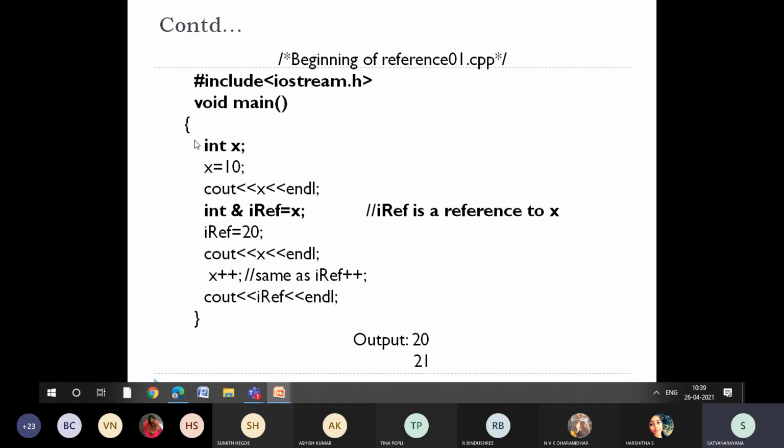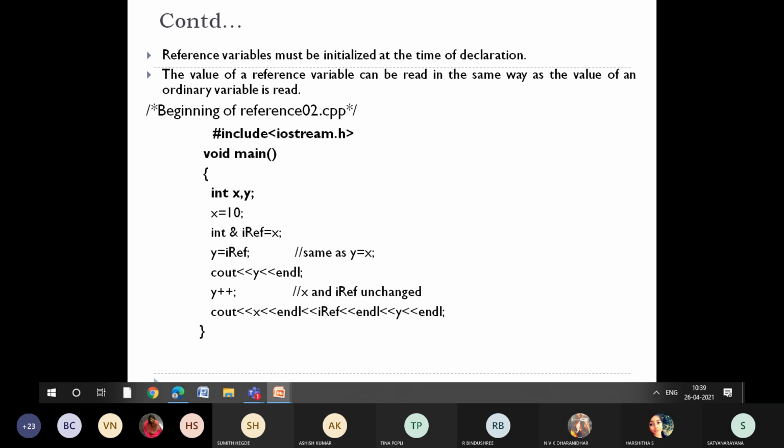So the main intention of showing this program is, if you treat this one as a main program and this as a reference program which is given to everyone, maybe 100 users, 1000 users, or 1 lakh users, whatever changes they want to do, let them do it. It will affect only this reference variable program, not the main program, right? So this is how reference variables are going to work. Let us take one more example. We are going to see 3 to 4 examples just for your understanding.